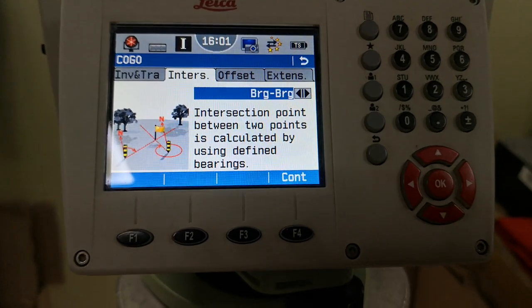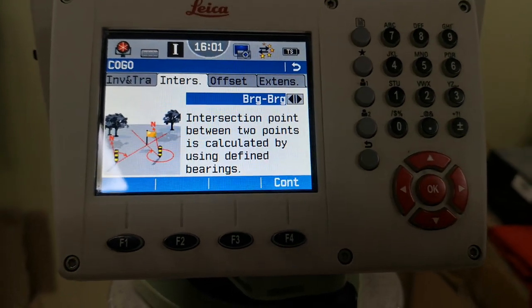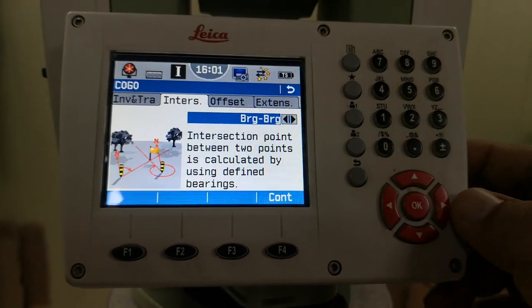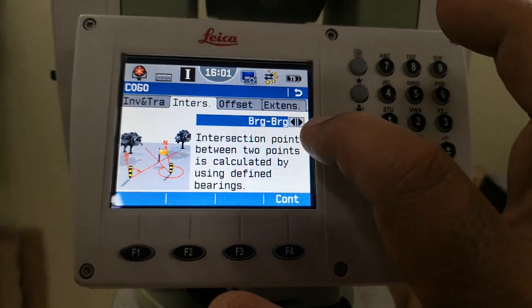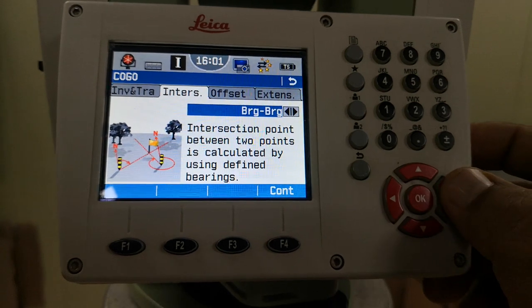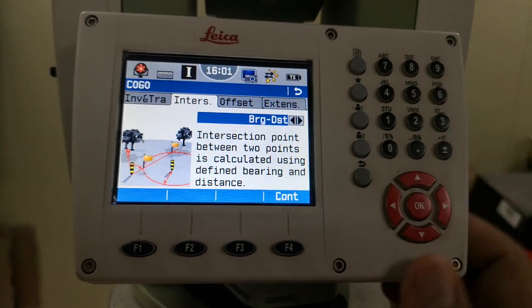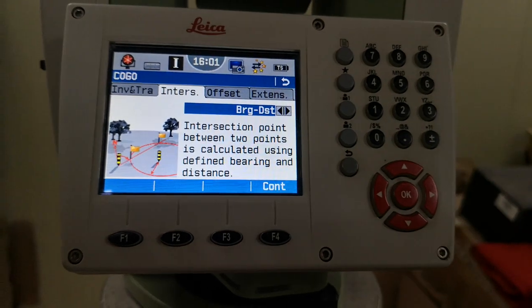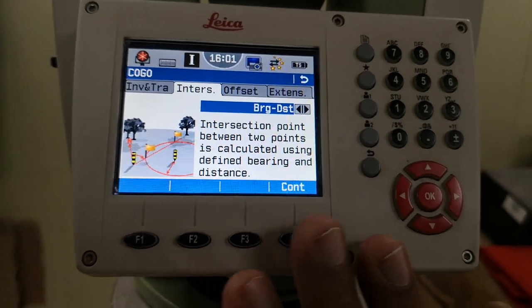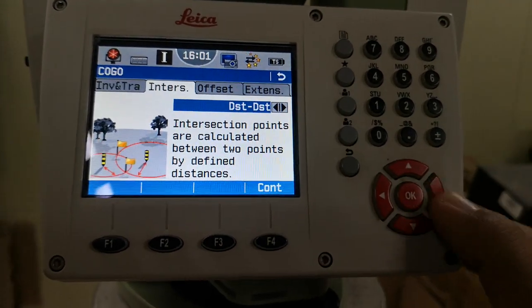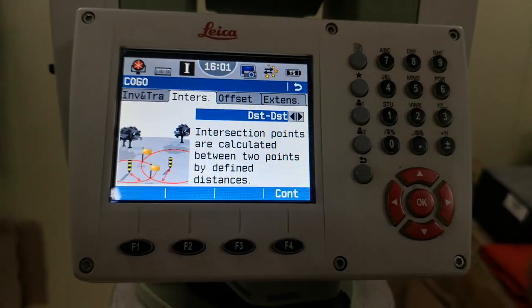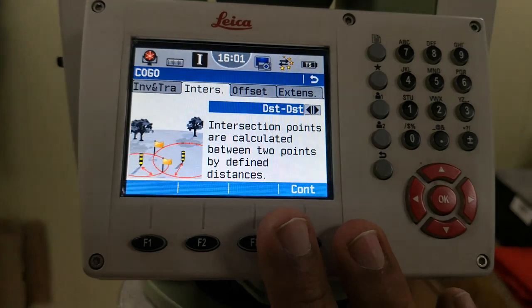The first option is bearing, and this option we already used in my second last video. Then I'll use this arrow key. I can change from here also, but I'm using the arrow key on the keyboard. So here we have the option bearing and distance. In the last video we already discussed this option. Now I'm going with the arrow key again. For this option we have distance. So today we are talking about this option.